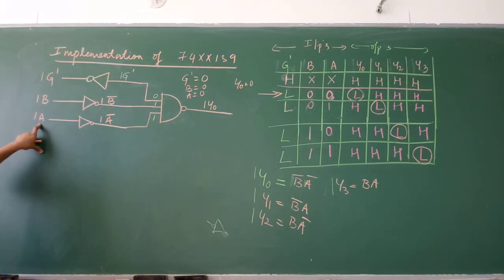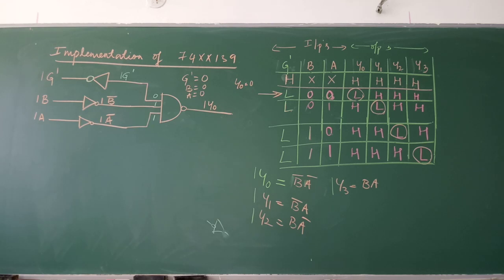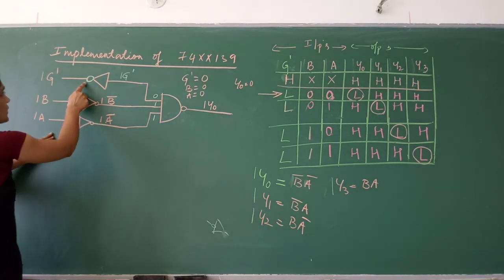What is the output of the NAND gate if you are giving 0, 1, 1? It is 0. Sorry. If you are giving 0, 1, 1, what are you going to get? Why not show? It is an AND gate. So you are going to get the output as 1, right? I'm sorry here. See, it is 1 G dash.